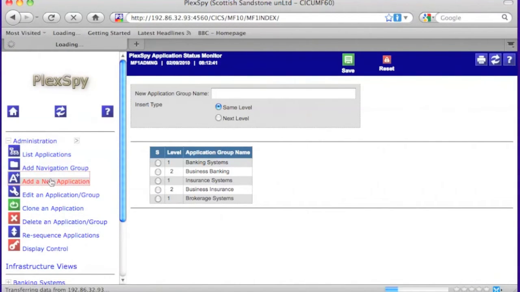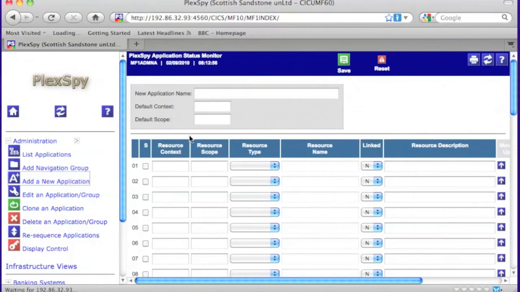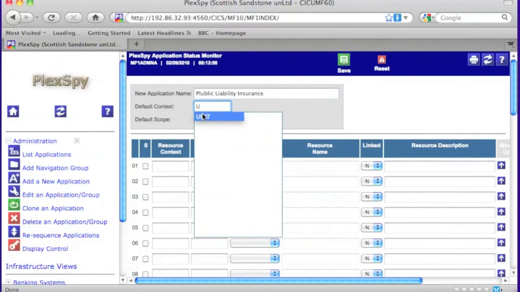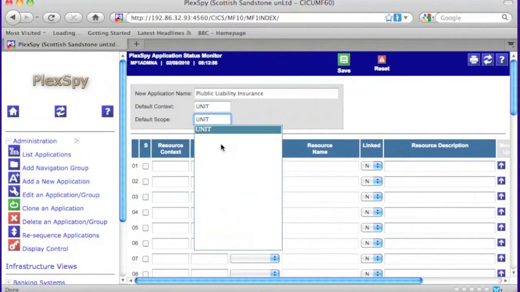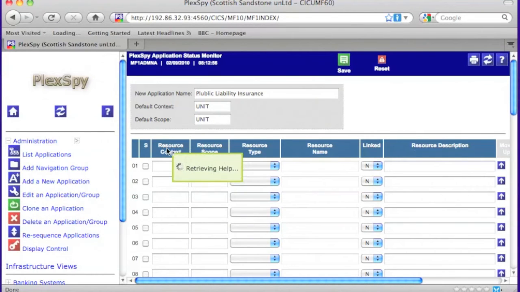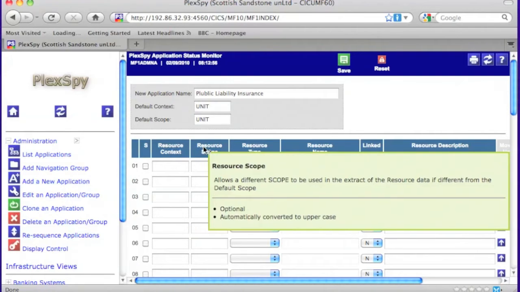Next we'll define a new application to sit underneath that navigation group. And here we have the form to do that. We'll give the application a name. Call this one Public Liability Insurance. We have to give some default context and scope, and we get a suggestion for a KixPlex and a scope. We've chosen KixPlex and scope called unit here, and those will be propagated down wherever we don't thereafter enter them